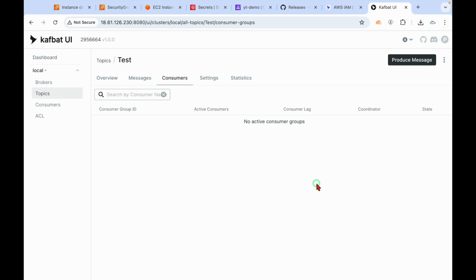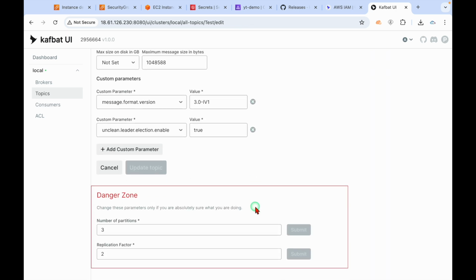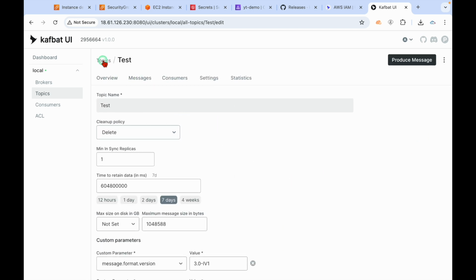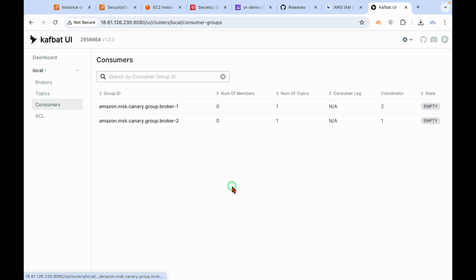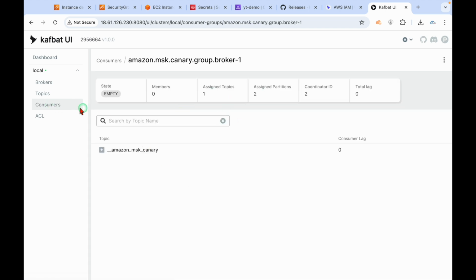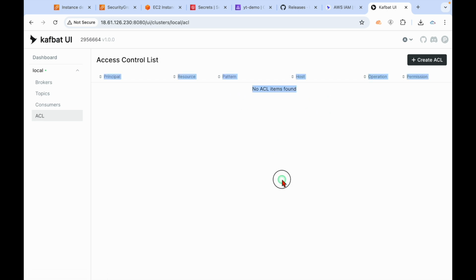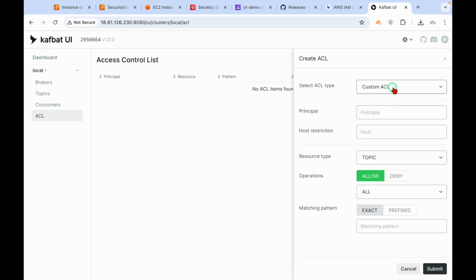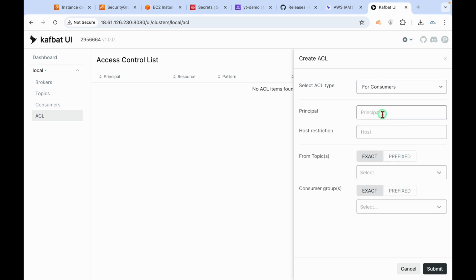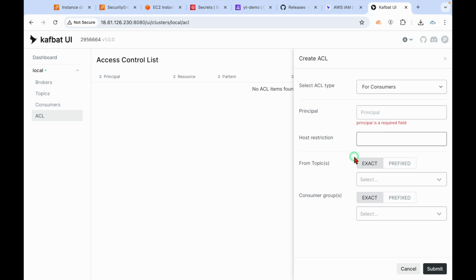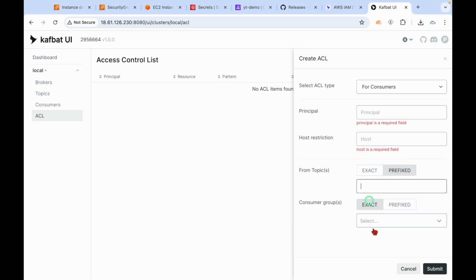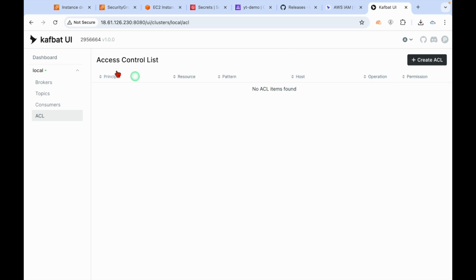No active consumer group is allocated here. If you want to clear messages, recreate the topic, or edit some settings related to the topic, you can go and modify these topics as well. Under consumers, you can observe what consumers we have here, and we can even manage ACLs. We can create an ACL for consumers, whether you want to allow or deny, on what exact topic, or give a prefix for the topic name. So you can create ACLs by using this kafka-UI